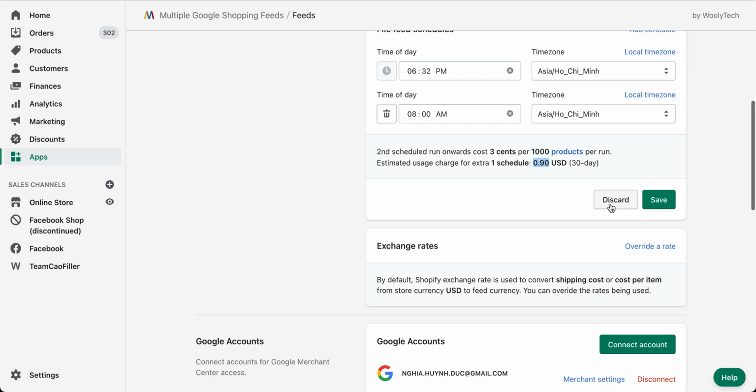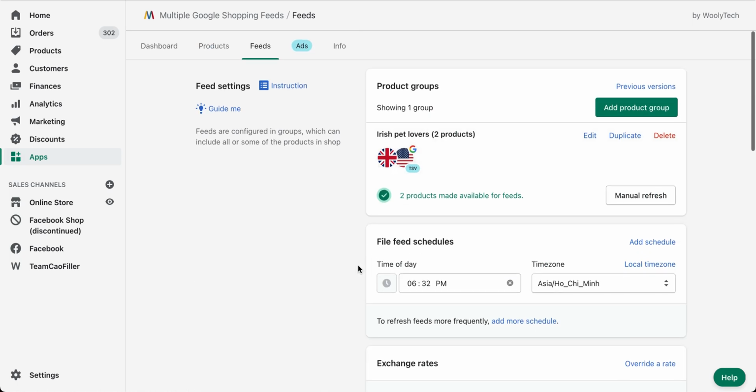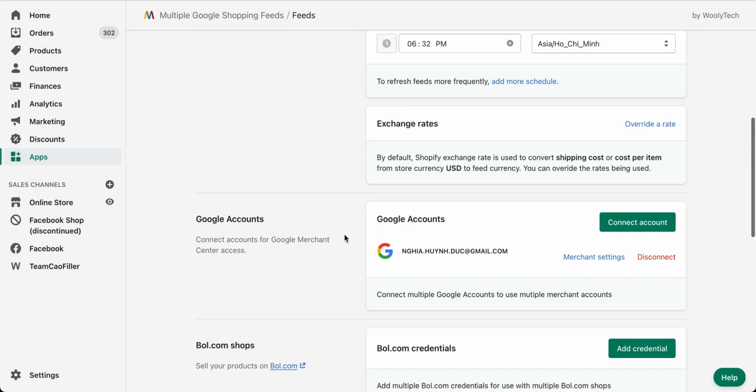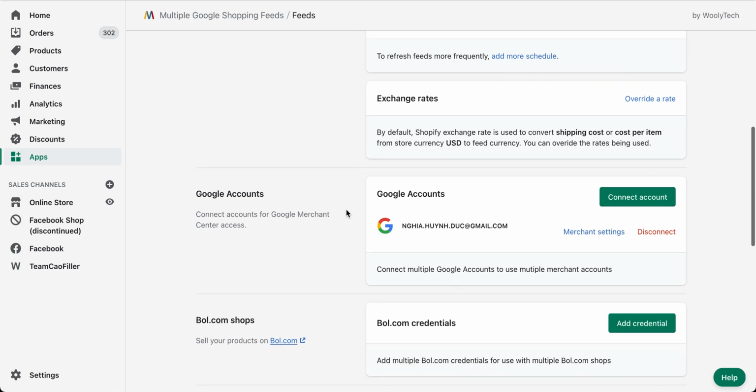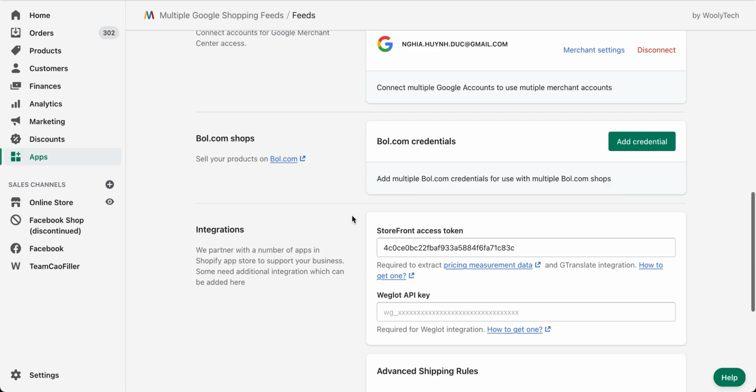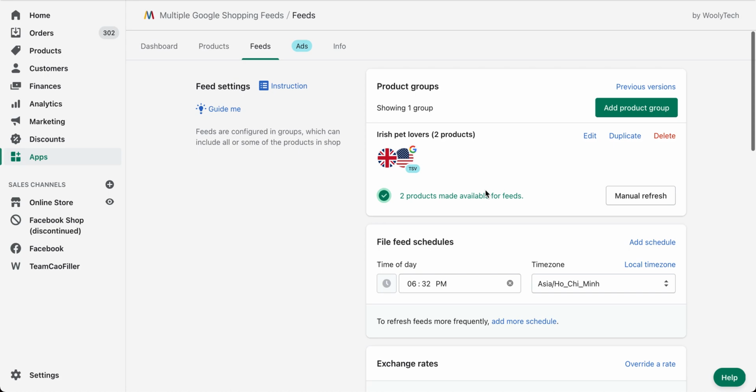Okay, for now I'm happy with the default refresh once a day, so I'm going to leave it as that. Okay, everything is ready. Actually, the feed by now should already be in my Merchant Center.